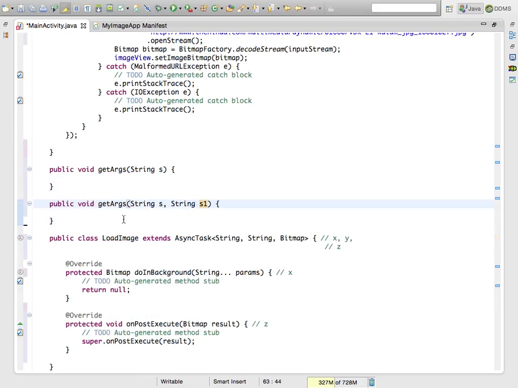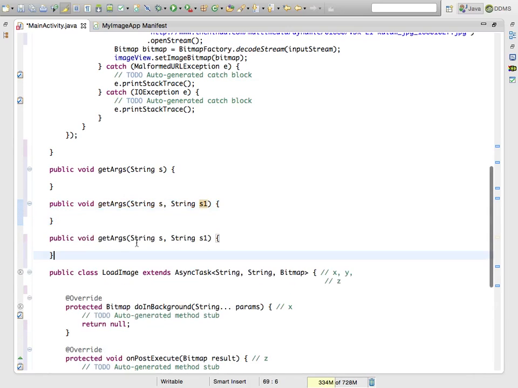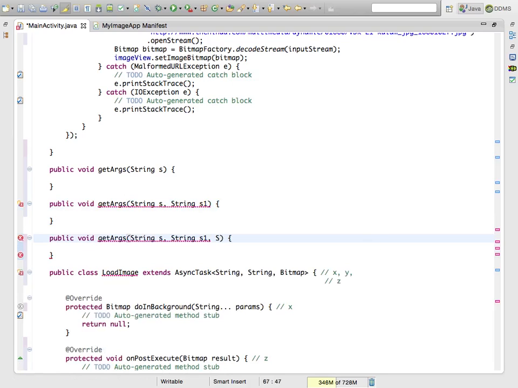Which accepts two strings, three strings. It means I have overloaded my method with different arguments. So at the max I can send three strings using this particular method. For example, if I want to call